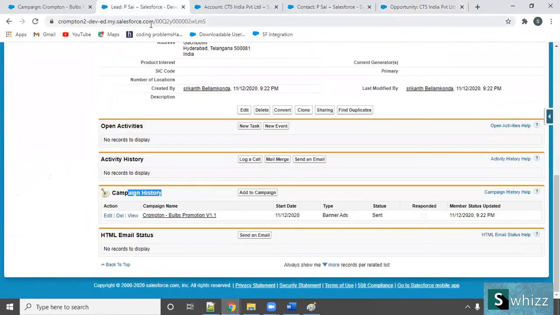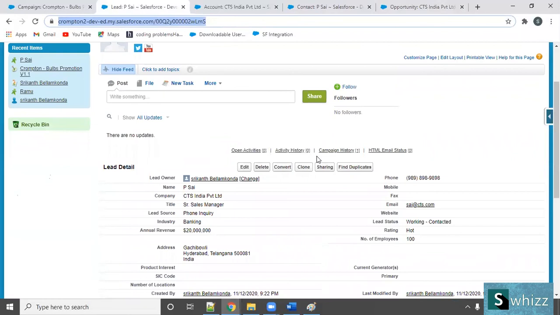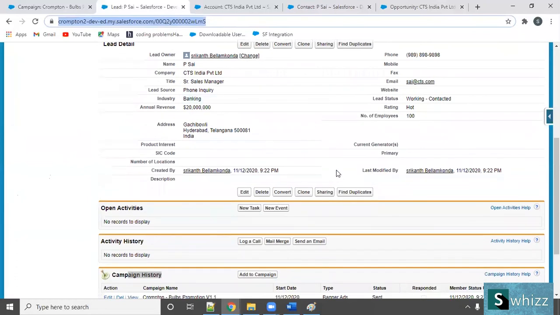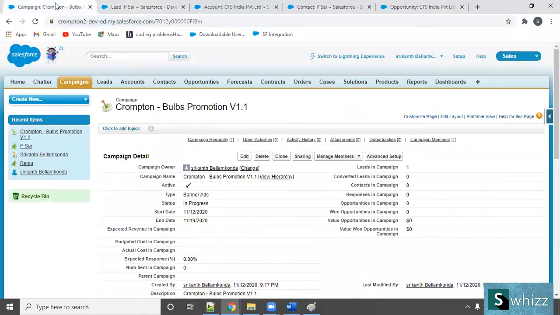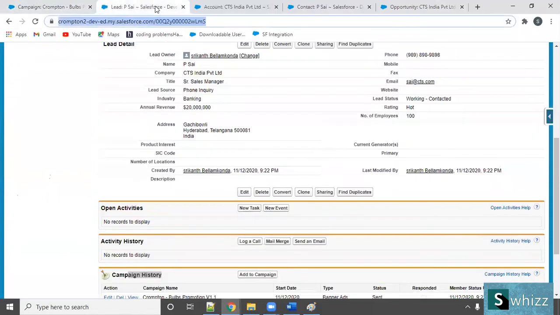And as we discussed, lead details will be deleted. If I refresh, will the data be available or not? Okay, we'll see. That's the one question. When I refresh this screen, whether I can see lead details or not is the first question. And the second question is, what happens to this campaign member? This is a lead, right? What will be here? These are the two questions.